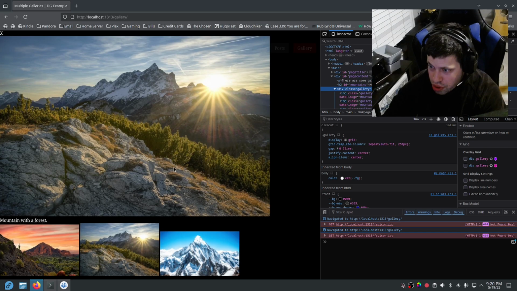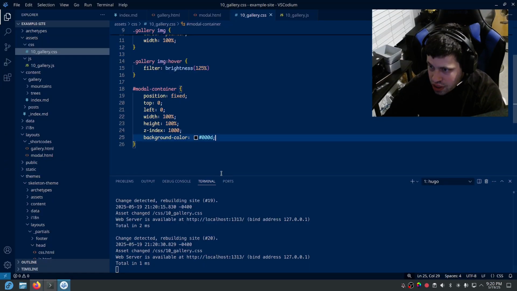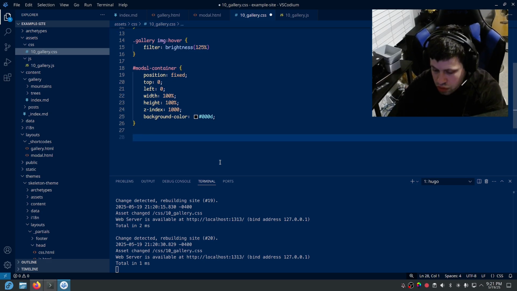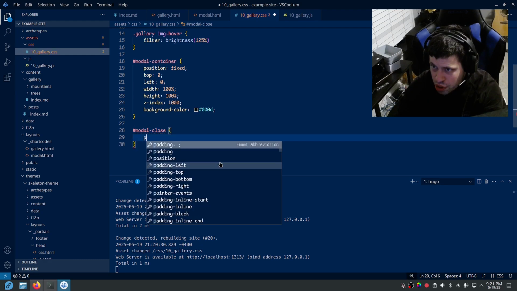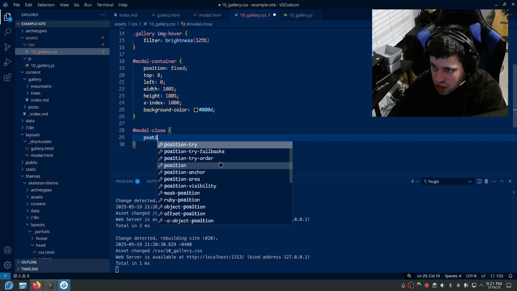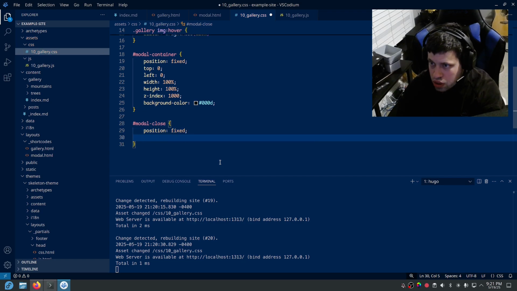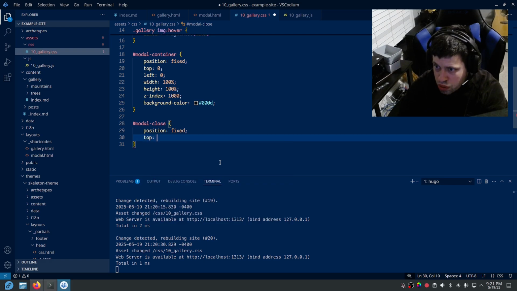So now the modal is on top of everything. So now we'll do modal close, and I'll do the same thing, position fixed, or yeah. And we'll do that, we'll do it like